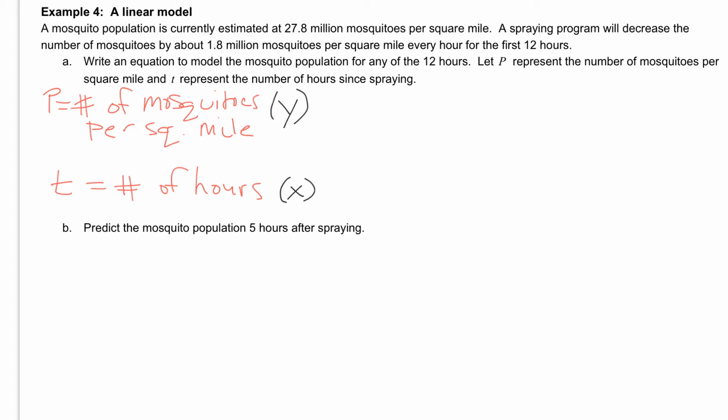From our problem now, we have to come up with our slope and our y-intercept. We're looking for the slope, which is something that's happening for every hour, since that's our x. And we're looking for our y-intercept, which is our initial amount. How many mosquitoes did we start with? So it says a mosquito population is currently estimated at 27.8 million. That's the beginning. That's how many mosquitoes we have to start, which means that is going to be our y-intercept. So B is going to equal